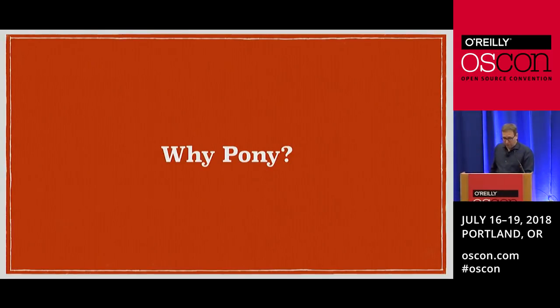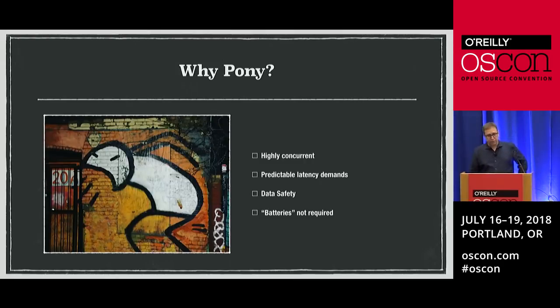So yes, why Pony? These were four things that we really took into consideration when we were writing Wallaroo. Wallaroo is going to be highly concurrent. In order to do what we wanted to do, we needed many different threads across many different processes operating on data as quickly as we could. We wanted predictable latency. A lot of the systems we were looking to displace ran on the JVM, and they would have these wonderful JVM tail latency spikes that you get with stop-the-world garbage collection. Everybody we talked to wanted to get rid of those.